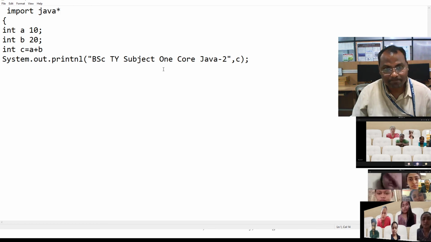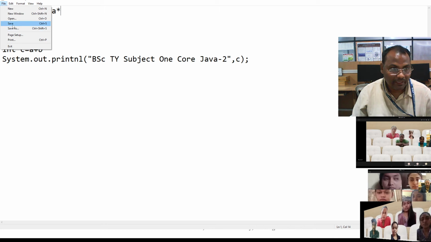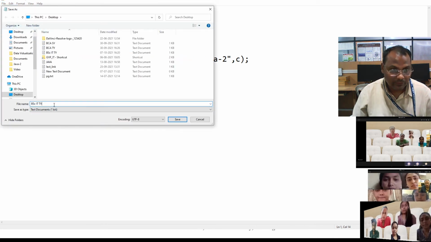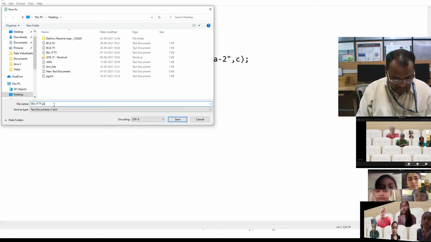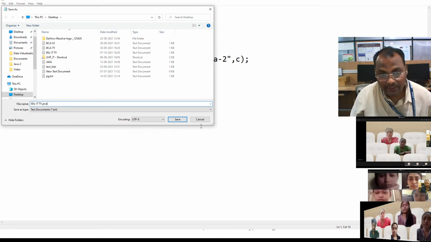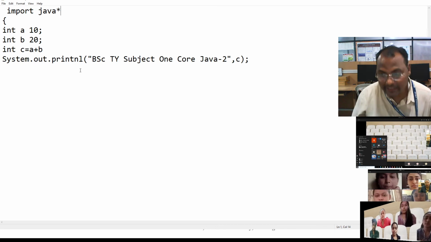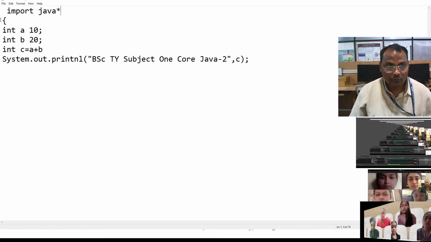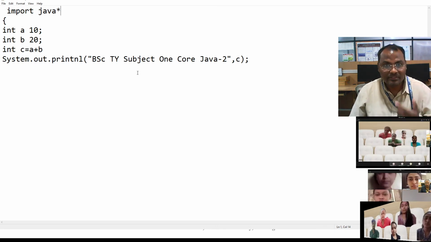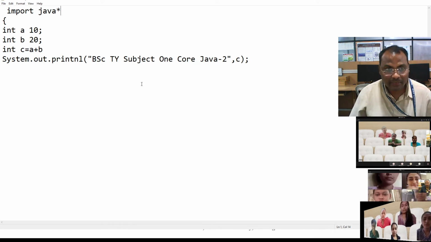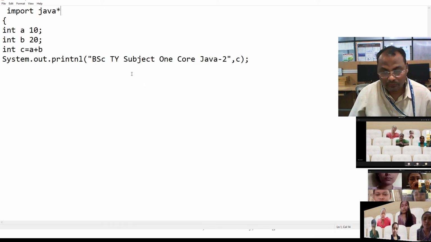Suppose I save this file, save as, using .java. Then this file is a text file. Which is this file? This file is a text file.